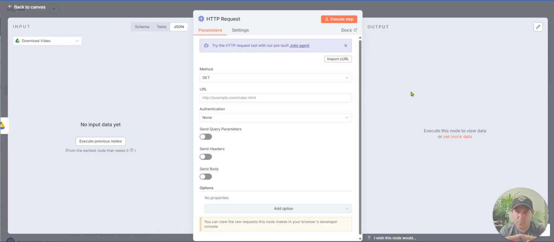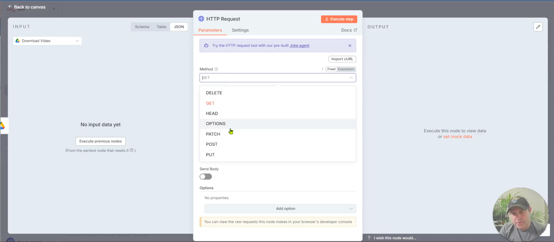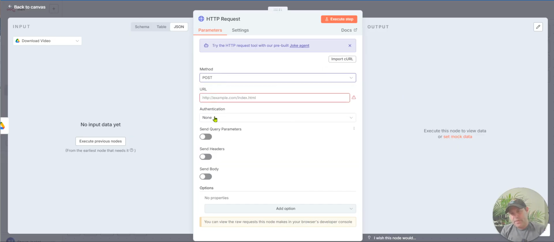So since this program wants to get information from Assembly AI, for example, which is what we're going to do now, it's going to do what's called a post. So we're going to change the first one to a post. URL, now keep in mind this is all in the step-by-step, so you want to make sure you copy and paste this directly. You're going to go and fill in the URL. So it's posting and uploading the video, because what we're doing is we are actually going to get the audio, because I'm going to show you what this workflow actually does,